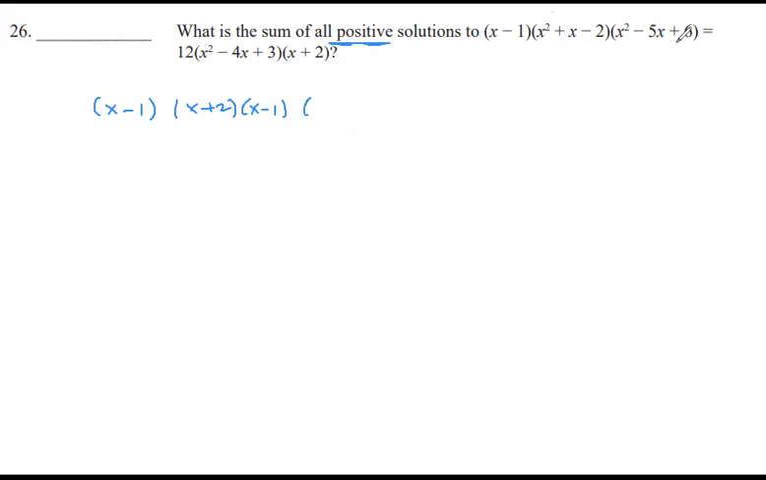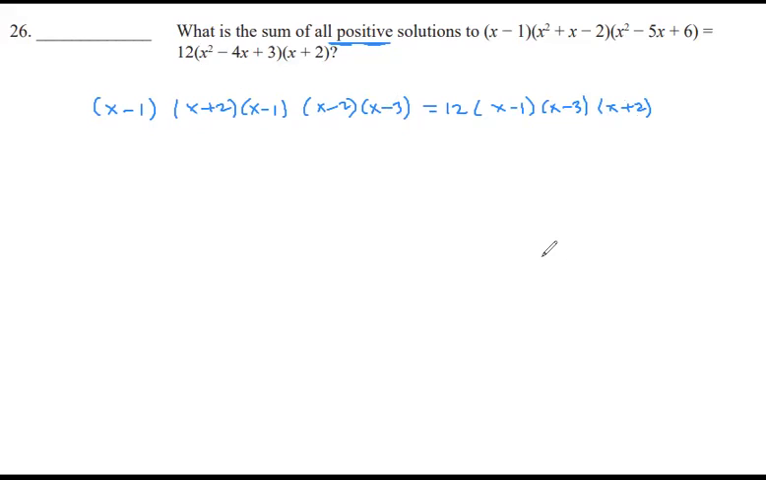And the next one, now we have 6 and -5. So I can just say this is x minus 2 and x minus 3. And this is equal to 12 times, so this one would be x minus 1 and x minus 3. And the last one is already a binomial, x plus 2. So we have x minus 1, x minus 1, x plus 2, x plus 2, and x minus 3 and